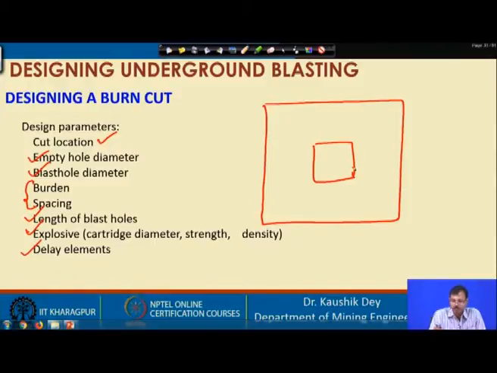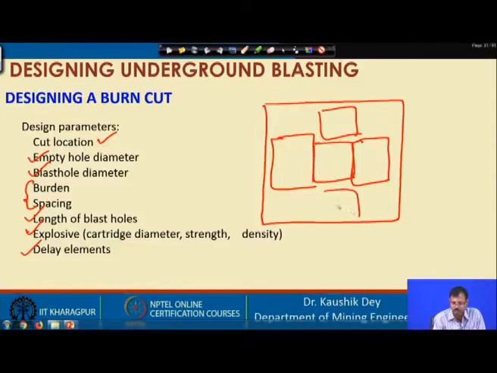So the cut area may be small, and that is why we have the option to place the cut area centrally, or a little bit to the side, or in an upper part, or in a lower part.